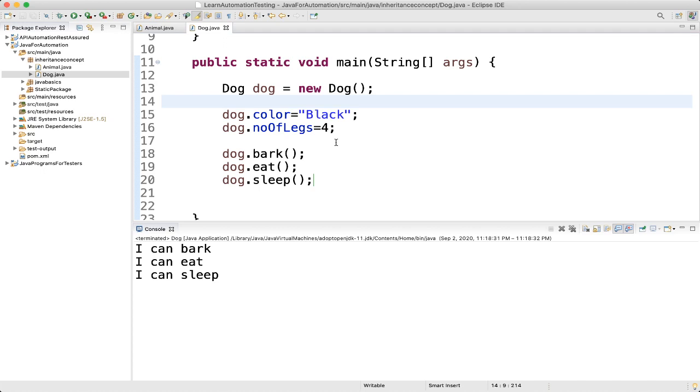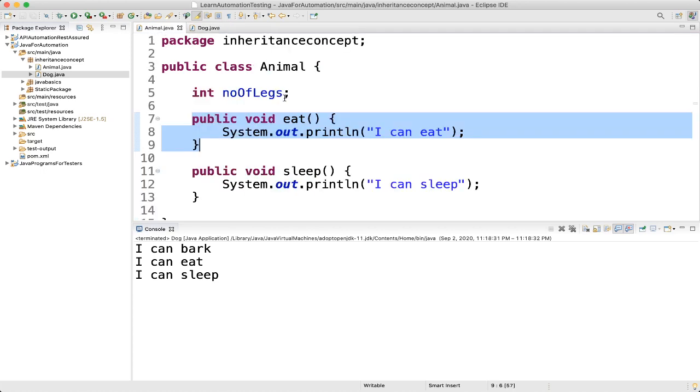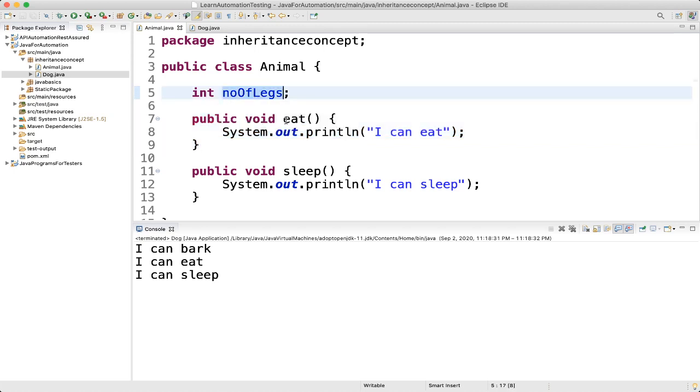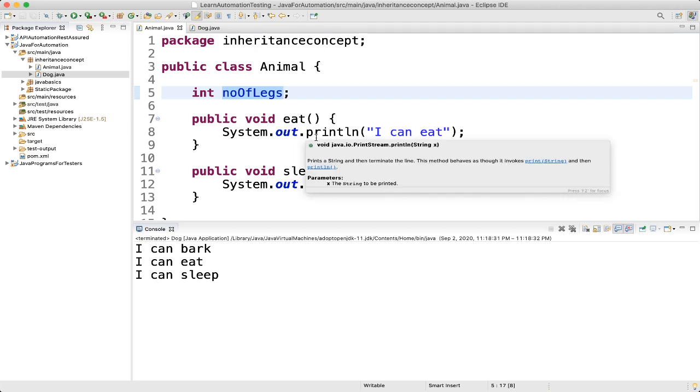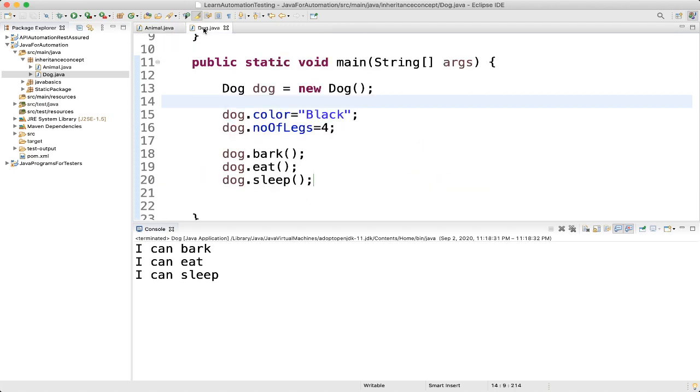So what we did here, we have inherited a subclass Dog from the superclass Animal. The Dog class inherits the data member, which is numberOfLegs, and methods eat and sleep. You can see here, right? This is the data member or variable, and methods eat and sleep. So this got inherited to the Dog class.